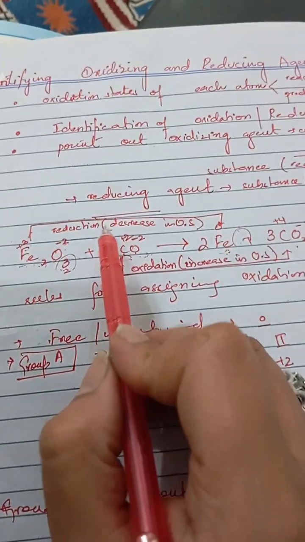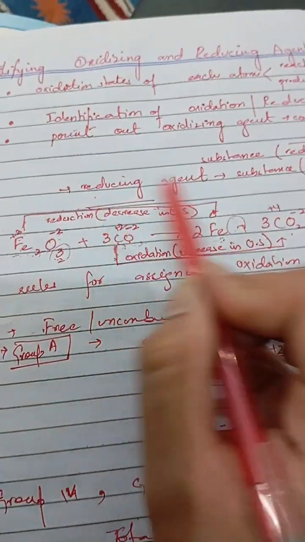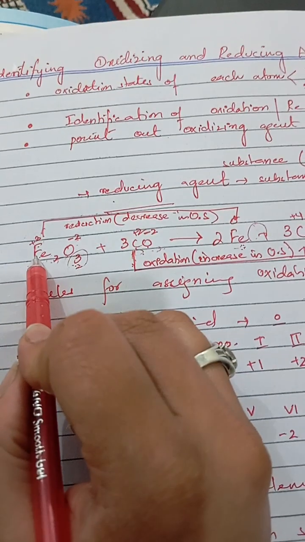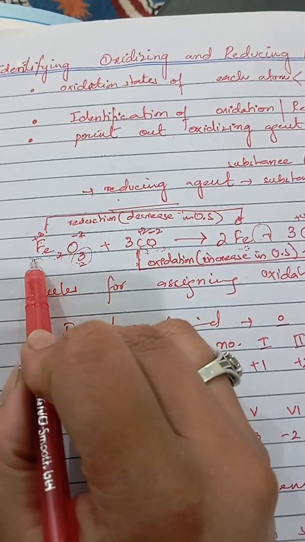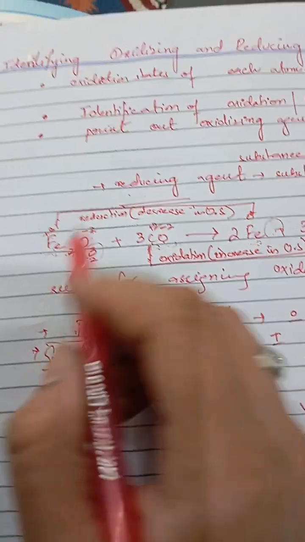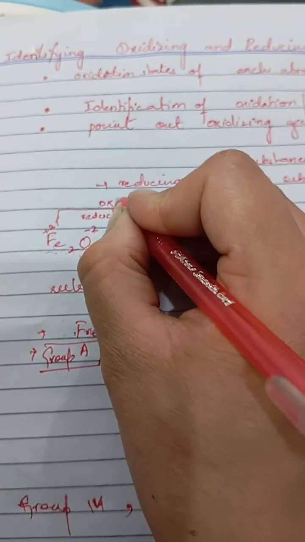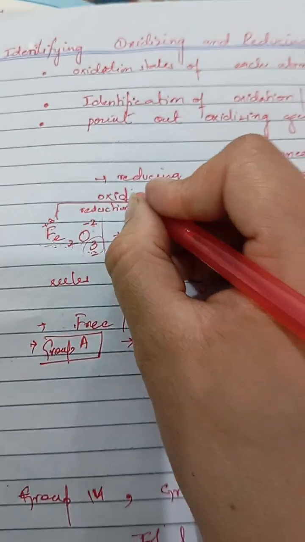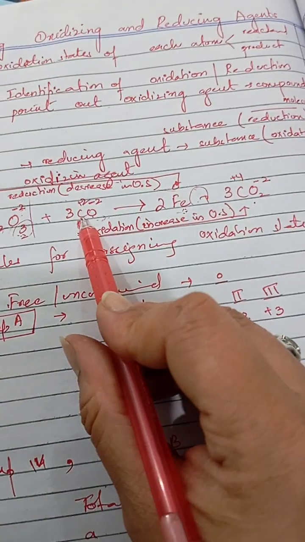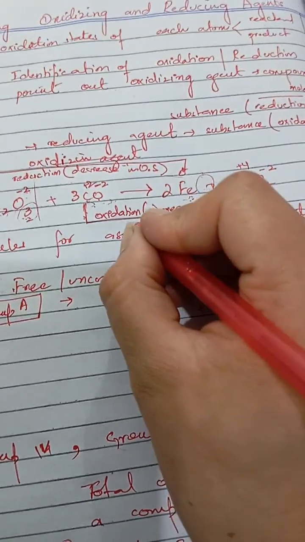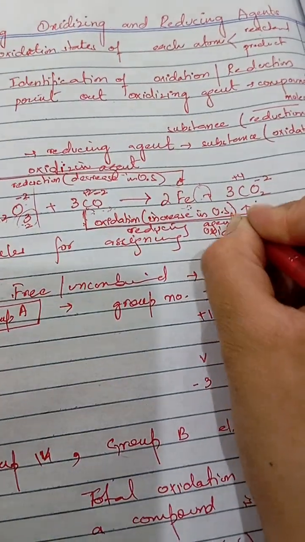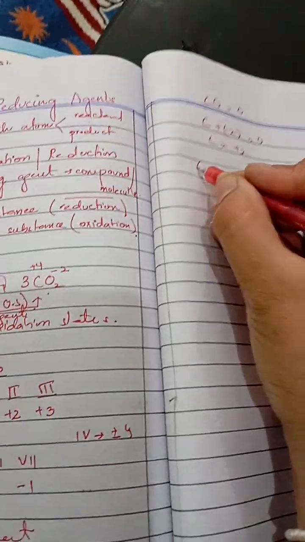After that we write down whether it is a reducing agent or an oxidizing agent. As Fe, only one element of the compound, is reducing, this is an oxidizing agent. The whole compound is an oxidizing agent. This must be kept in mind. As C is increasing its oxidation state, it is a reducing agent. Now as a conclusion, you have to write